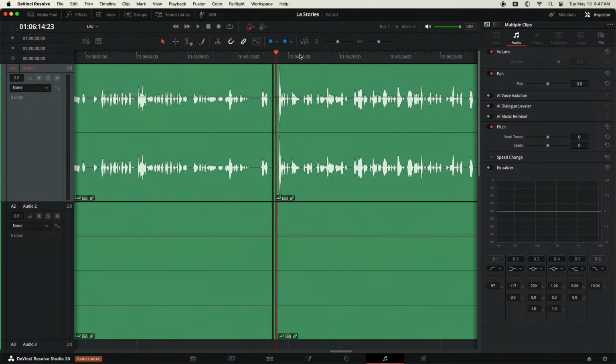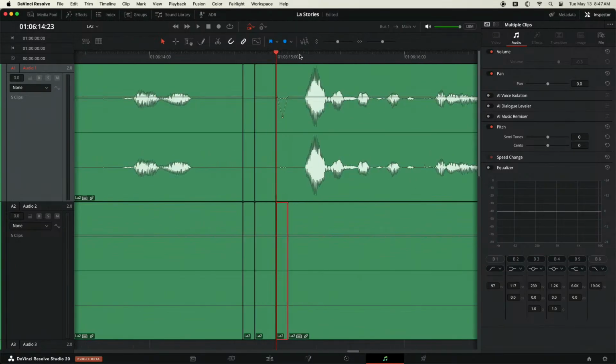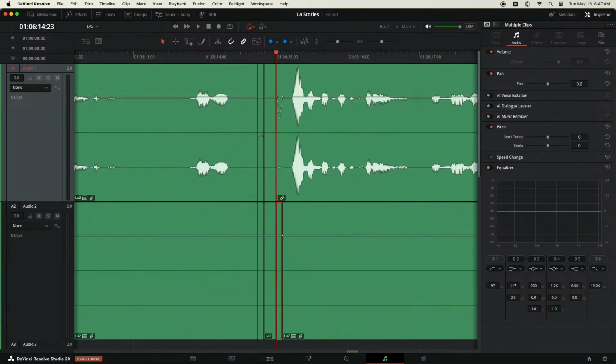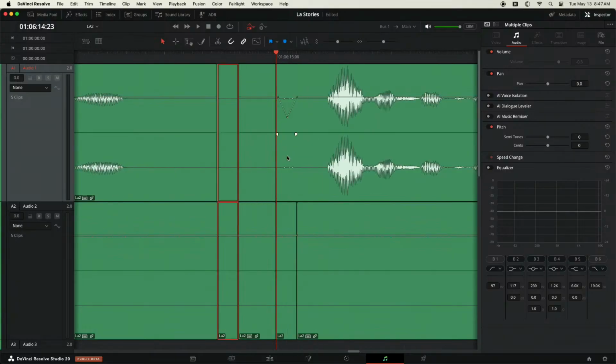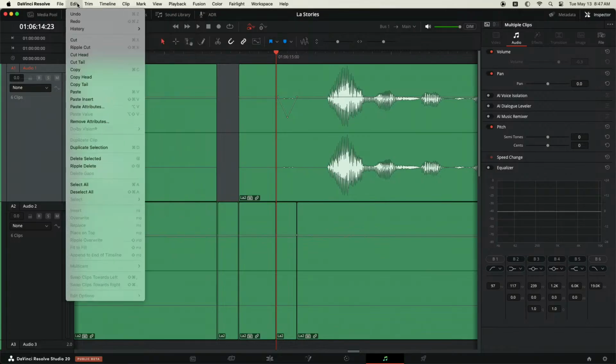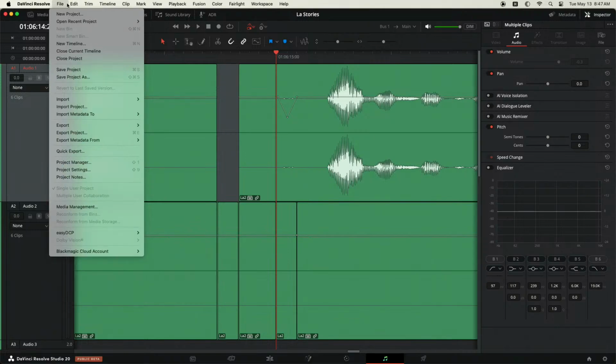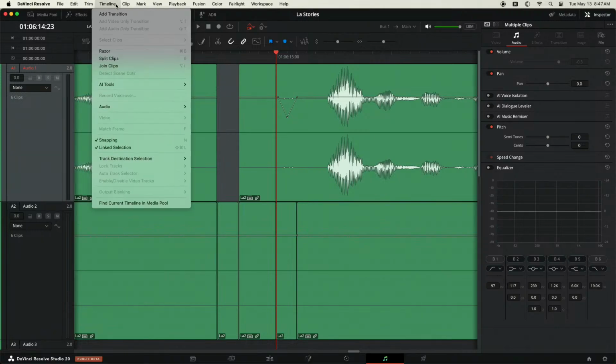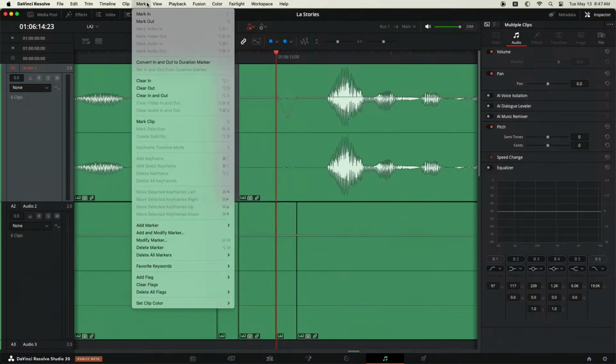Yeah, there's still some things I gotta learn in Fairlight, and this looks like one of them. I just wanted to copy and paste this clip over. It seems like that should be pretty easy. And no, so let me turn layered editing off. Oh gosh, how do I do this? Was it this one? Timeline? Help me out, guys.